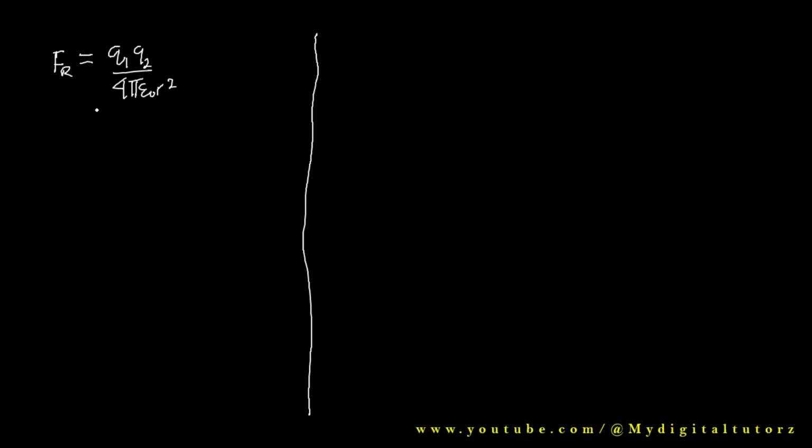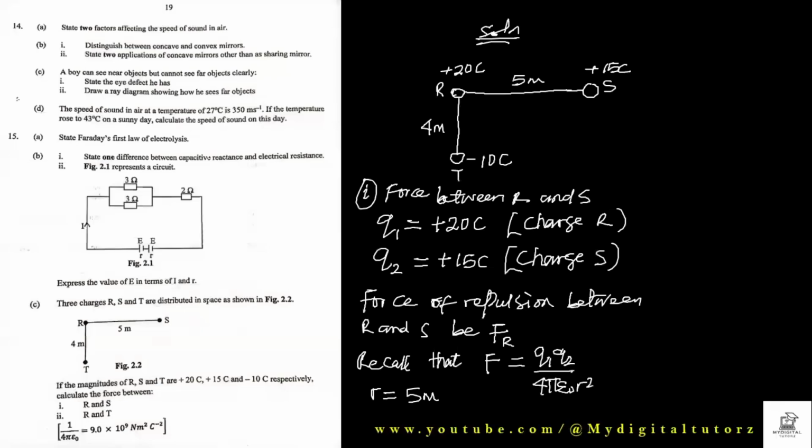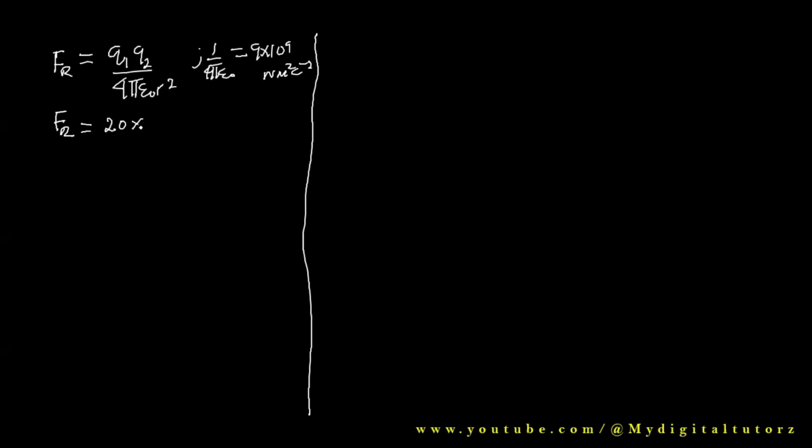So we'll come back to this place. Put the values. Remember you are given that 1 over 4 pi E naught is equal to 9 times 10 raised to power 9 Newton meter squared per Coulomb squared. So in that case, FR, the force of repulsion, is equal to Q1, which is the charge on R, 20, multiplied by Q2, the charge on S, which is 15, then multiplied by 9 times 10 raised to power 9, all over the distance 5, squared. If you ask why I put 9 times 10 raised to power 9 in the numerator,